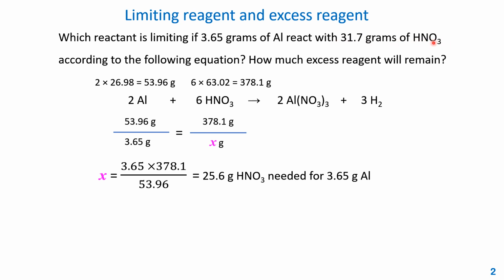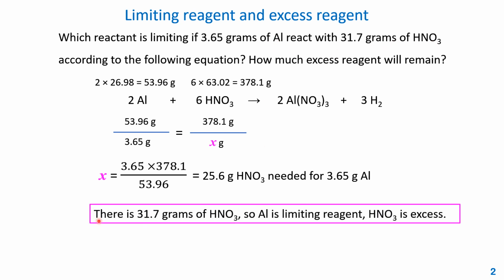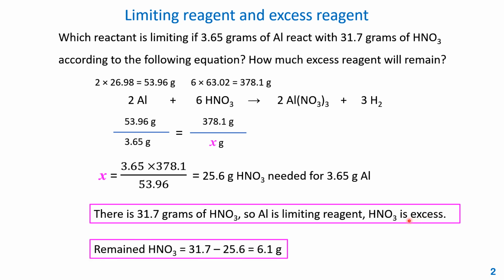So the nitric acid is in excess and aluminum is limiting. So we can say that aluminum is limiting, nitric acid is excess. So then the next step, just subtract 25.6 grams, this nitric acid will react. Initially we have 31.7 grams. The difference is 6.1 grams. That is how much of this excess reagent remained. Okay, so now these are 2 examples that show you 2 different ways to find the limiting reagent and find the